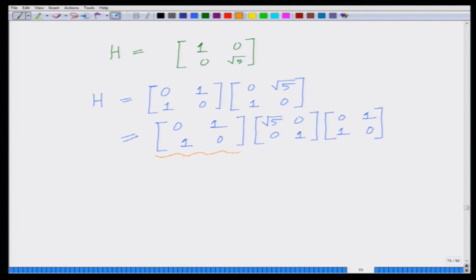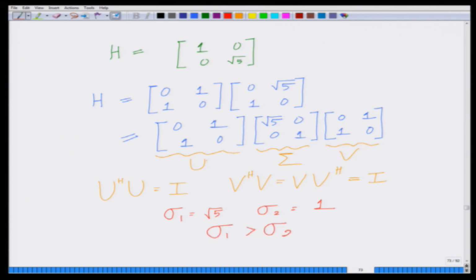Now, if I call this my matrix U, this my matrix sigma, and this my matrix V, I have U Hermitian U equals identity, V Hermitian V equals V V Hermitian equals identity, and the two singular values are sigma 1 equals square root of 5 and sigma 2 equals 1, with sigma 1 greater than sigma 2. Therefore, this is a valid